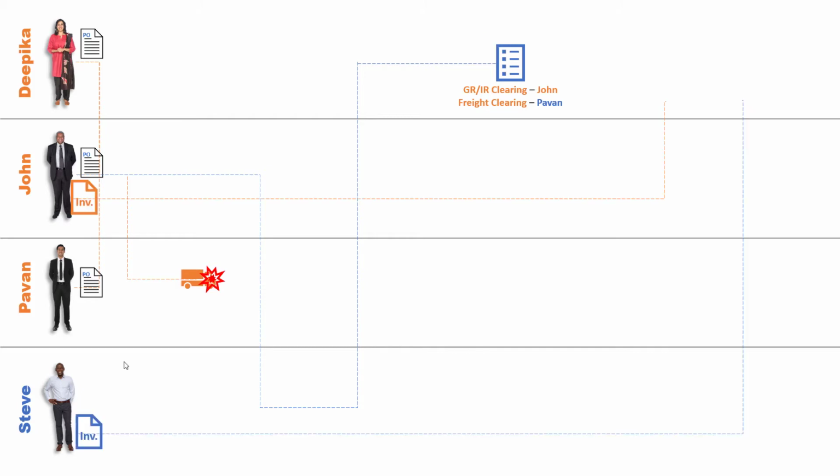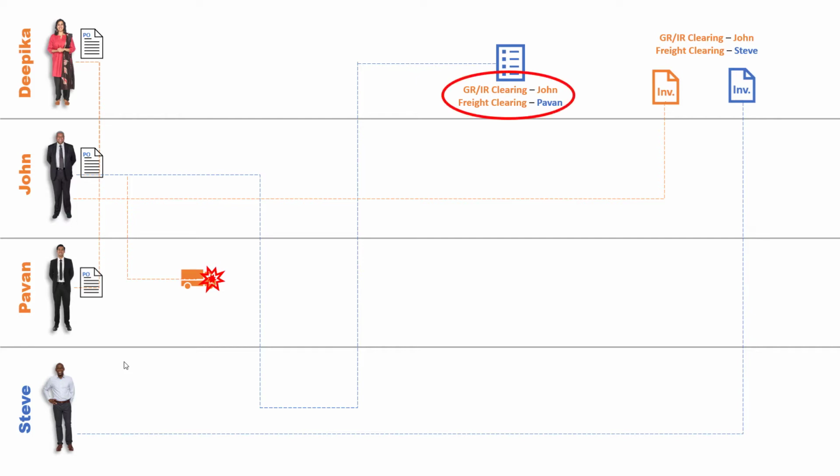So we will receive the invoices from Steve and John. John will give us a material invoice and Steve will give us a freight invoice. So GRI clearing should get cleared against John, but the freight clearing should get cleared against Steve. So in this particular example, we want Steve to appear as the freight clearing agent in the goods receipt itself instead of at invoice verification. Now let us see in SAP how we can achieve Steve's name in the goods receipt itself